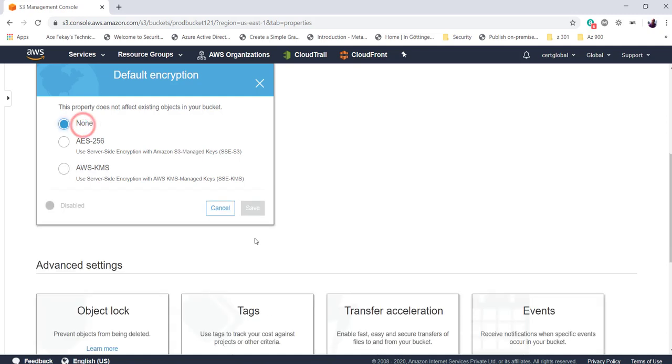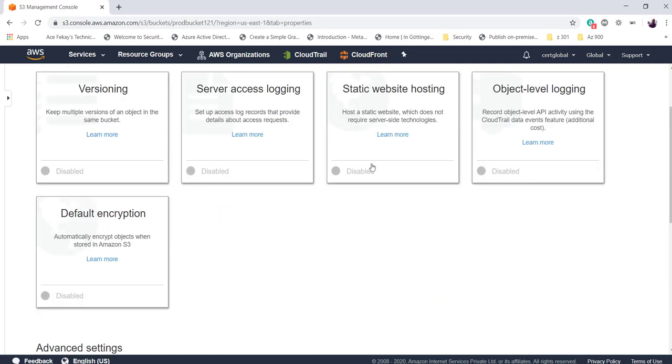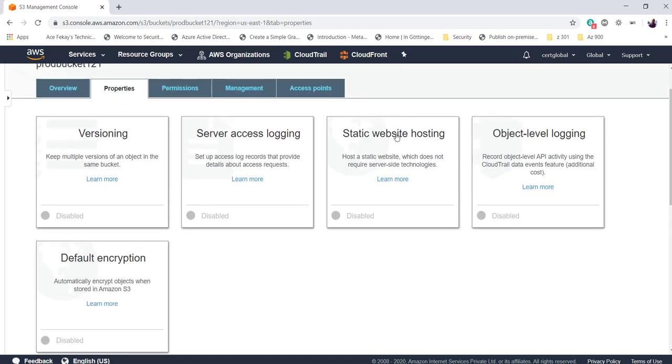I'll click on none at this time, click on cancel, and then go ahead and summarize these options. You have versioning, so you can roll back to a previous version; server access logging, so you see the details about who's accessing the content; static website hosting, to host your web application inside the S3 bucket; object level logging, so that you can have the audit team look at the read and write requests into the S3 bucket; and then default encryption, to improve the confidentiality of your data using either the Amazon managed KMS service or using the keys in your own